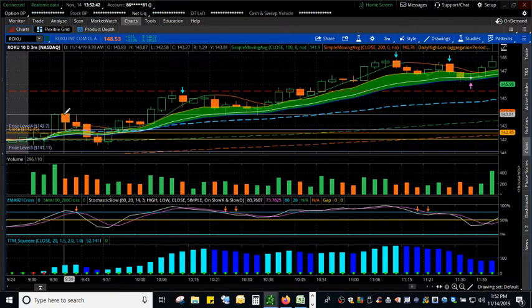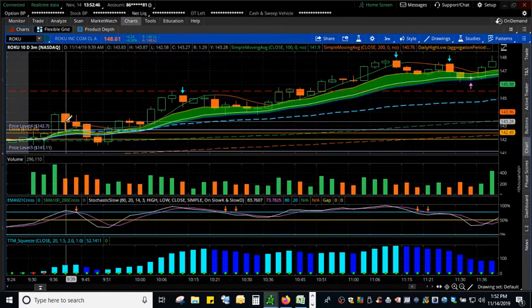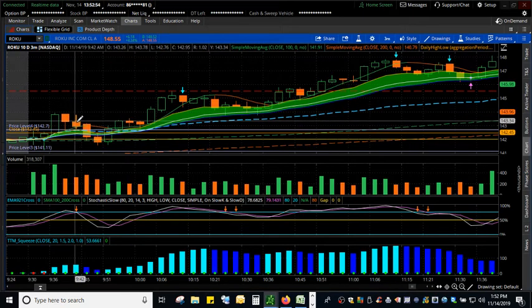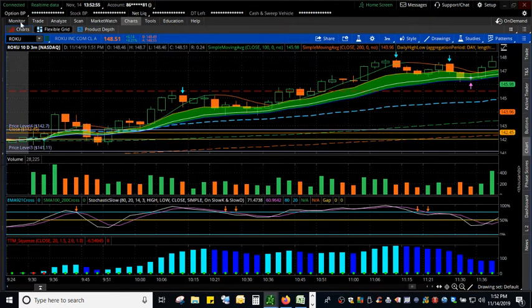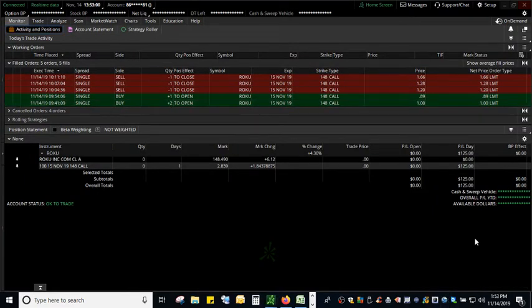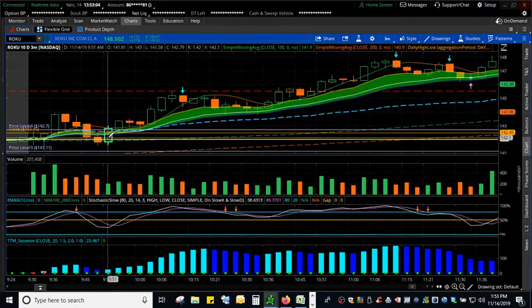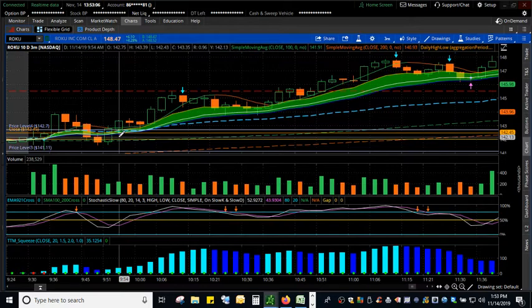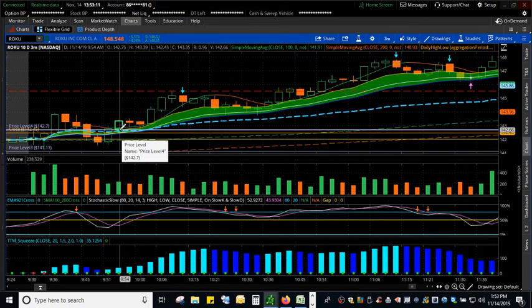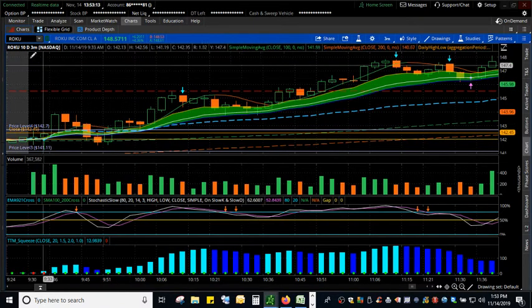What had happened, it opened here, it pulled way down, and then it started to come back up. And that's when I got in, and I thought once it bounced off of here and went up, I thought it would continue going up. I got in here initially, it pulled back, I added to it. I bought 2 contracts at that point, and I added to it at 954, which was right here at the open of this candle. We had this big green candle that popped above the cloud, so I bought another contract right here,